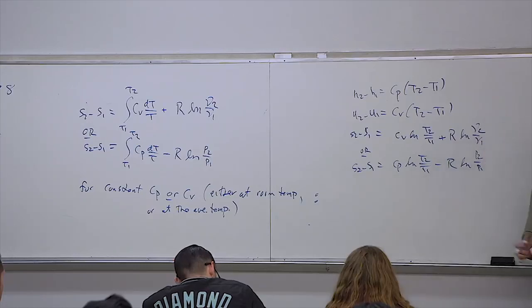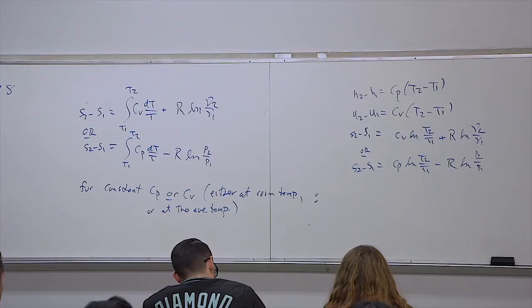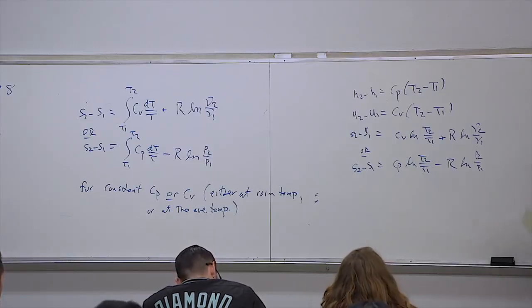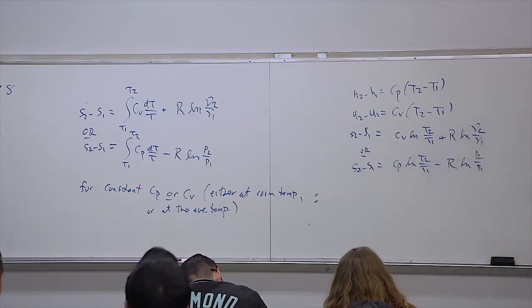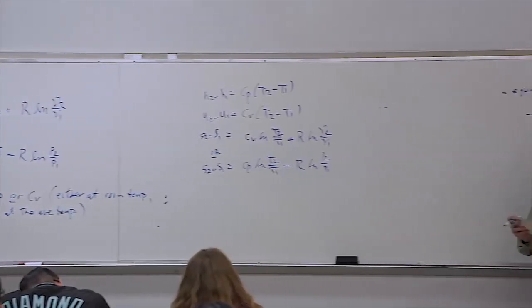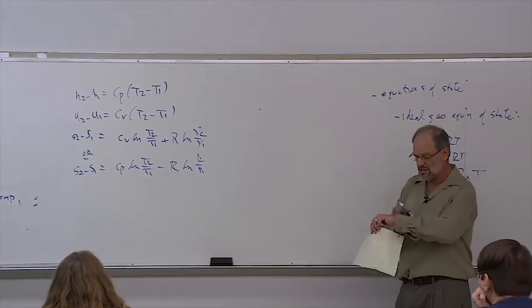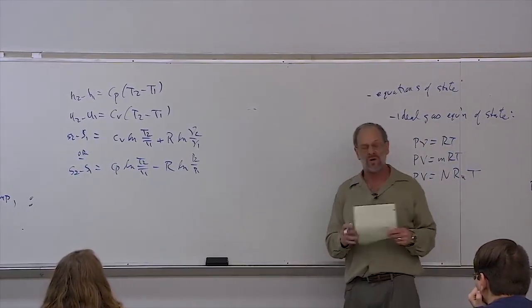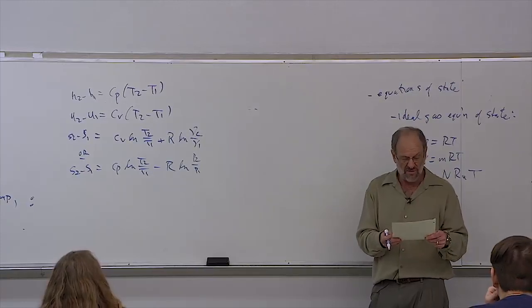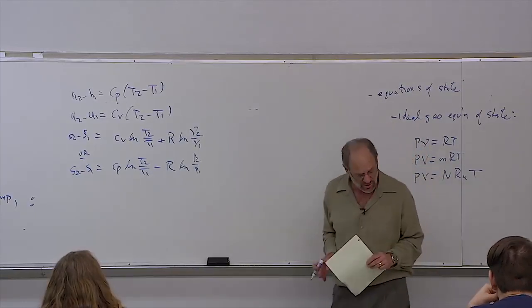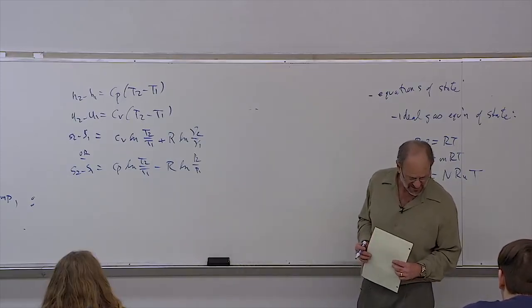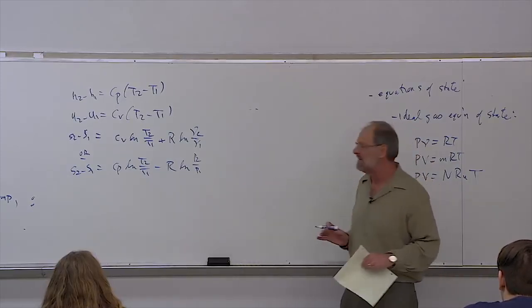Okay. So certainly, if we're solving a problem that involves an ideal gas, the easiest thing for us to do is to just assume that Cp or Cv are constant, and then we end up with these nice, simple equations. Now, we're not always or only going to be looking at situations where Cp and Cv are constant. There will be other situations where we will assume that Cp and Cv are variable. And we'll start talking about that here in just a moment. Well, actually, I only have a few moments left, so it's about the first thing we'll cover on Wednesday.